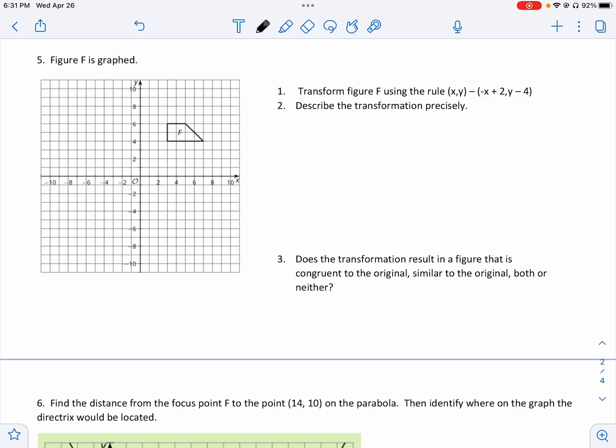So I like to make a table, so I'm just going to make that in this spot under number 2. Make a table of the original xy coordinates and then the new xy coordinates, which is going to be negative x plus 2 and y minus 4. So we can just see each original xy coordinate,